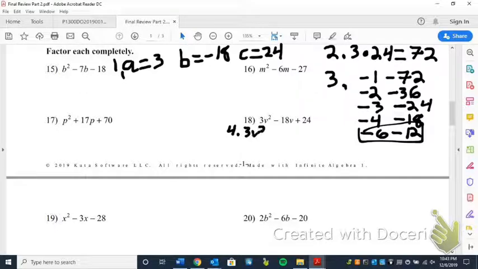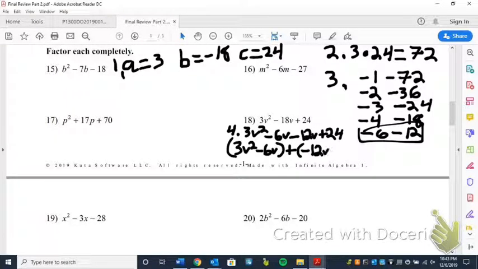So the next step, step 4, is we rewrite the equation with our factors instead of B. Before, we would have written it as negative 18. Now we're writing it as negative 6 and negative 12. We then group the first 2 together, and this is what I'm talking about. We group together 3v squared and negative 6v, and then we group together negative 12v and 24. It then says factor the greatest common